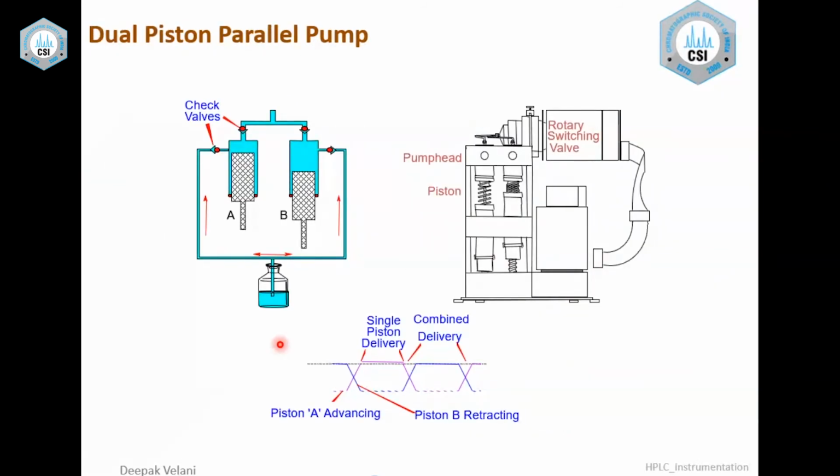There is another design, a dual-piston parallel pump, where there are two pumps: one is a primary pump and another is a secondary pump, to decrease the pulsation coming into the system so that noise can be reduced. There are also dampeners in the pump, so that any remaining pulsation is removed. A dampener is a kind of elastic membrane which takes up the pressure shocks and passes the liquid out